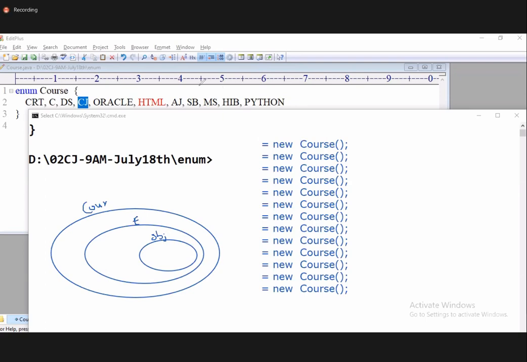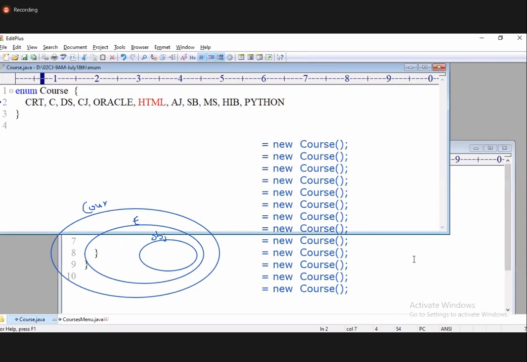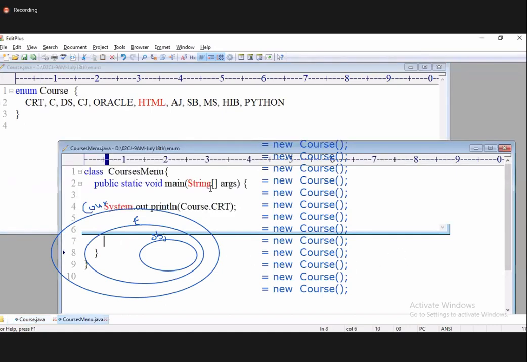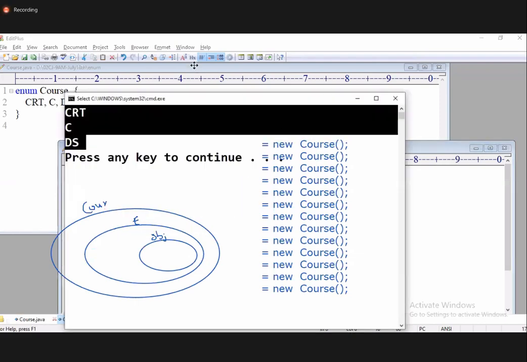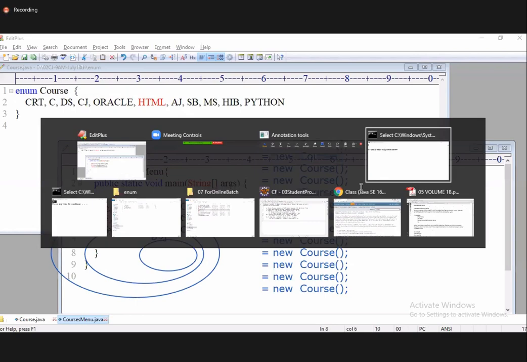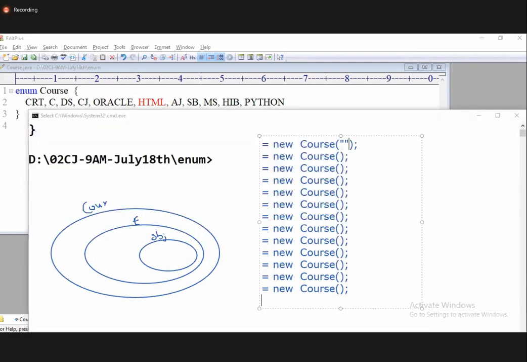Listen. Whenever I display named constants, what is coming now? Only the named constant value is coming. That means inside this object, the named constant names are stored. So this is the parameterized constructor. CRT, the named constant, is passed as data. CRT, C,